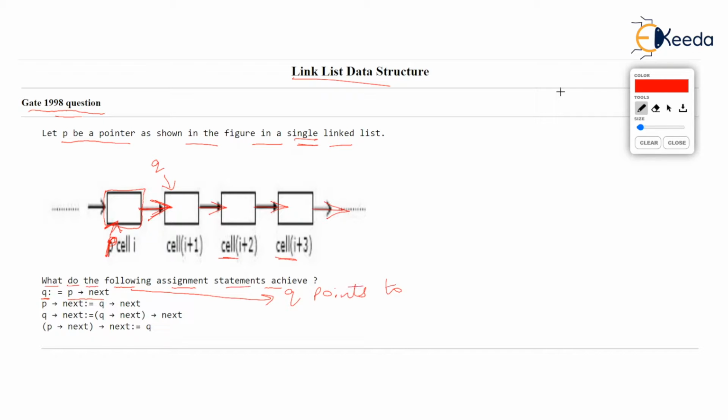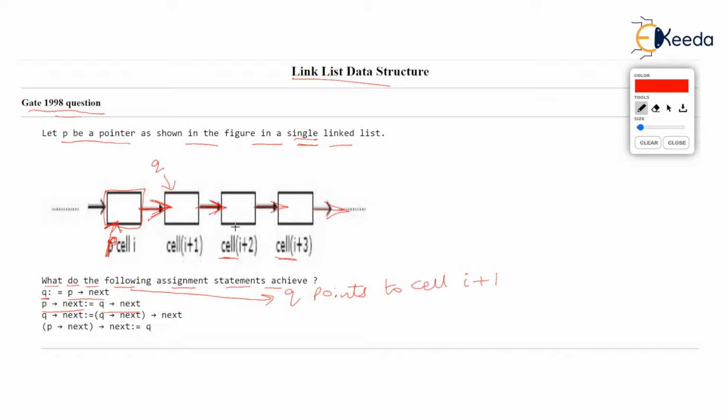Now the next line is P arrow next should point wherever Q arrow next points. First of all, find out where Q arrow next is pointing. Observe the cursor movement. Q arrow next, this next we are talking about, is pointing to cell I plus 2.